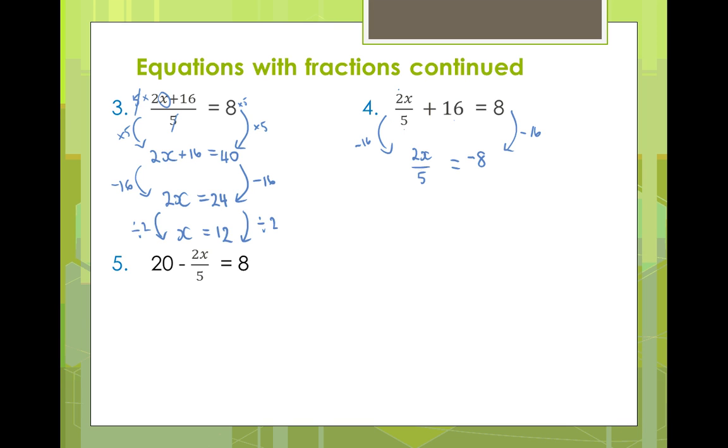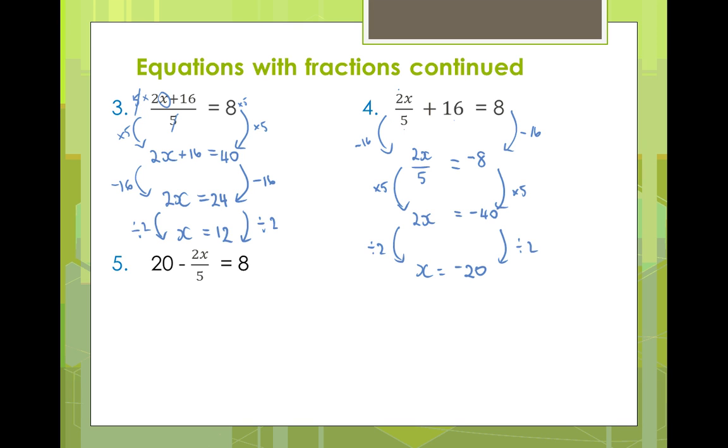I'm going to again remove the thing that's furthest away, which is the dividing by 5. So I'm going to times by 5, times by 5. So what am I left with on this side? 2x, and on this side, negative 40. And finally, I need to undo the timesing by 2, which I do by dividing by 2. And I end up with x is equal to